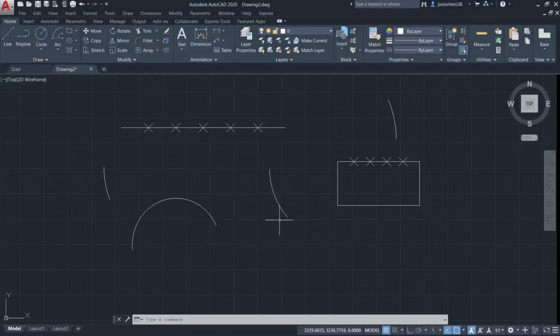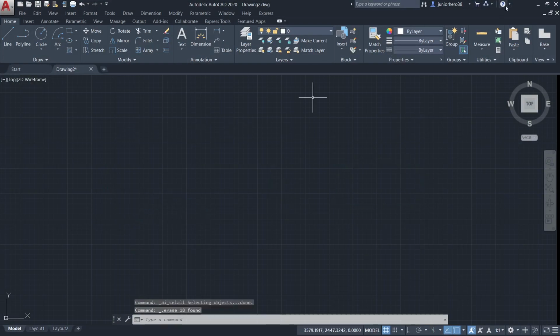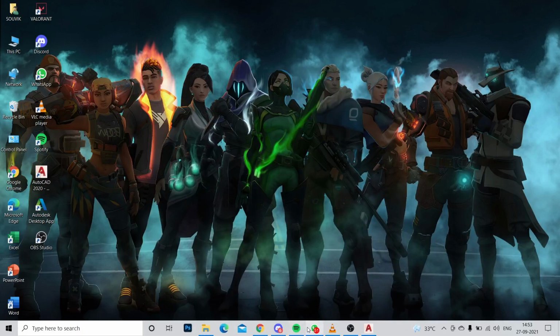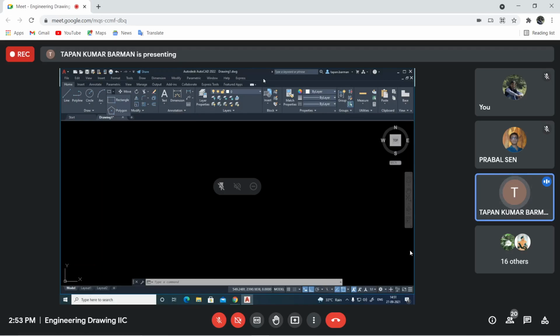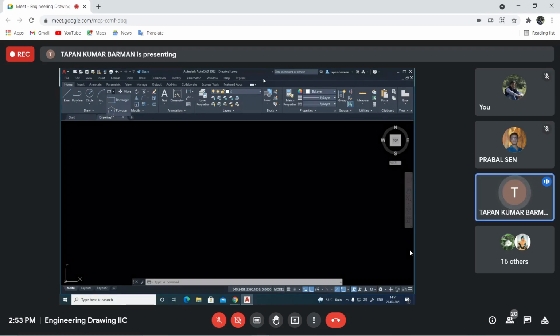Now you know how to make one polygon. Say for example, I have to draw one hexagon. What is the procedure to make the hexagon? Suppose the side of my hexagon is 20 millimeter. Then how to draw? What is the easiest way to make one hexagon?